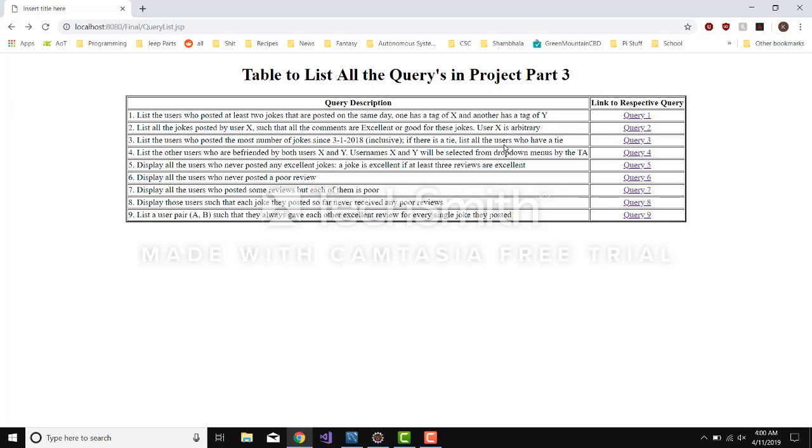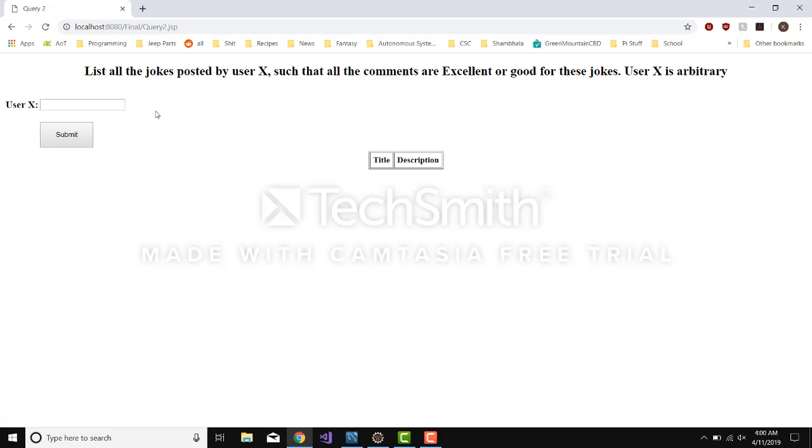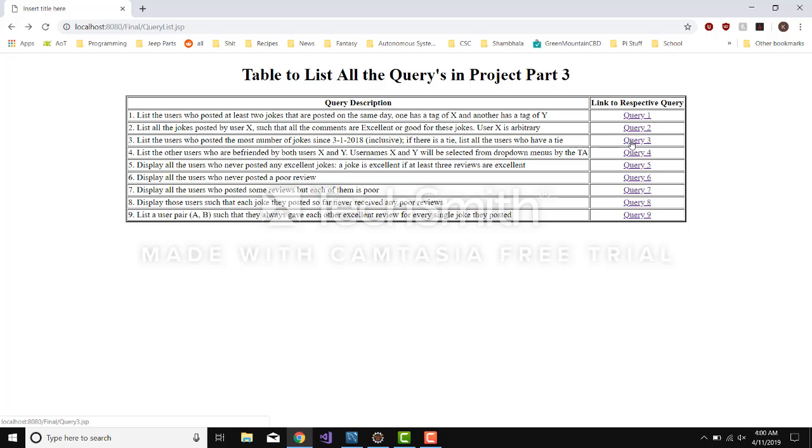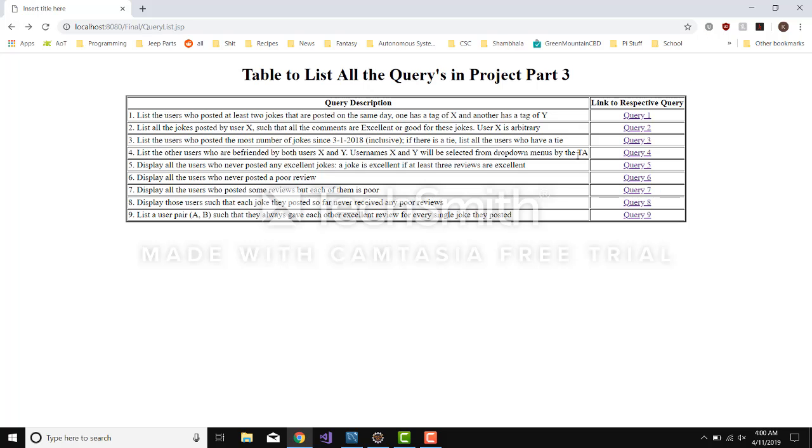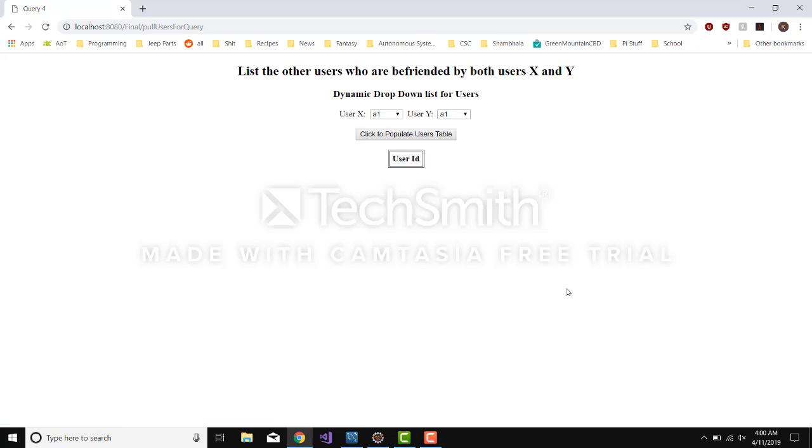To continue, we'll move on to query 2, where it's very similar. These essentially follow the same methodology, in which we are passing information for some, and for other ones, we are simply populating a table and outputting the information. The complicated one would be query 4 that had dynamic drop-down menus, and I will pass it to Millen to explain. So in this particular query, we had to list the other users who were befriended by both user X and